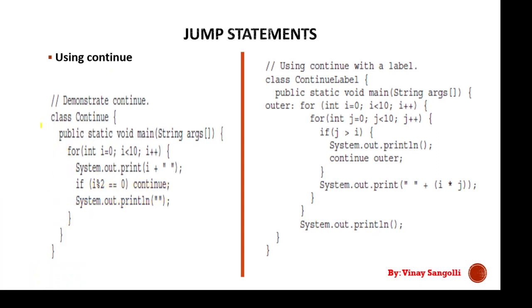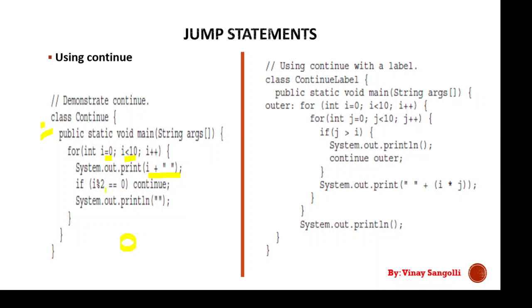So the name of the class, the invoking of the main function. Here you have a for loop, and we have only one for loop. It is starting from 0 and it will go up till 10. First thing, it will print the value of I. Next, it will do I mod 2. What is I mod 2? Initially it is 0 mod 2. If it is 0 mod 2, what will we get? The value we get is 0.